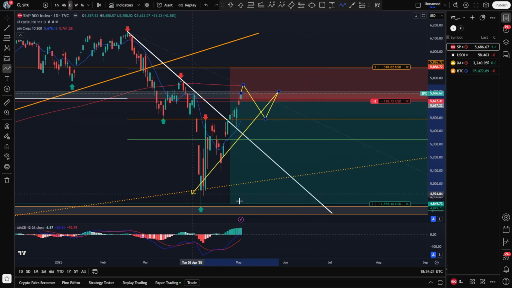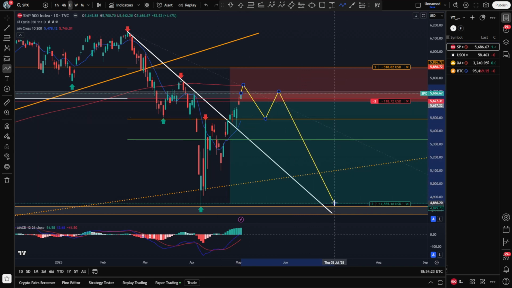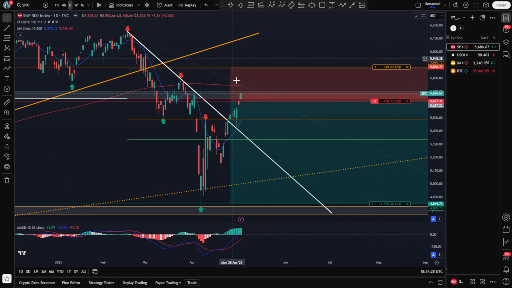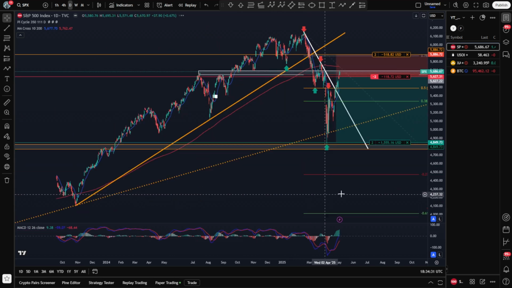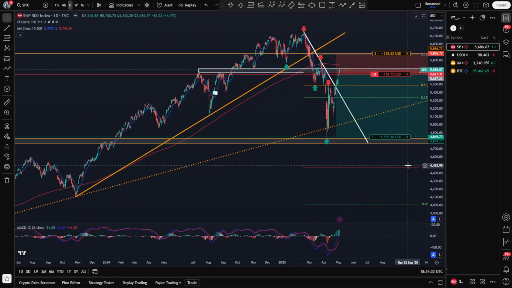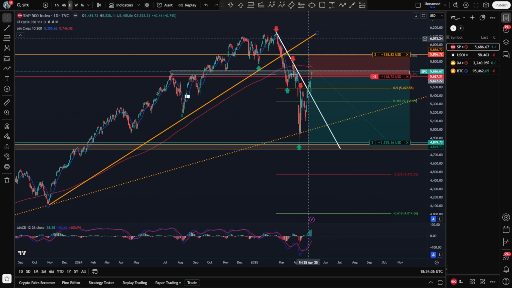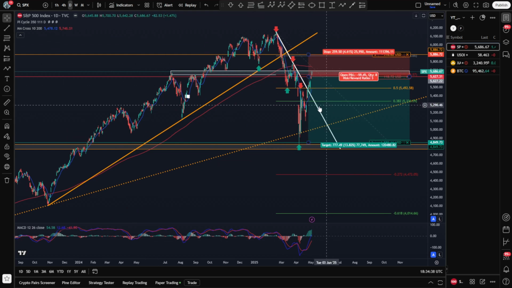But I think the more likely scenario is that we will turn somewhere near this point and decline lower and probably retest the last low, and then we will see, will we see a double bottom here, continue higher again, or do we see even lower prices, maybe retesting the 0.618 retracement on the bigger time frame. You've seen it on the weekly one.